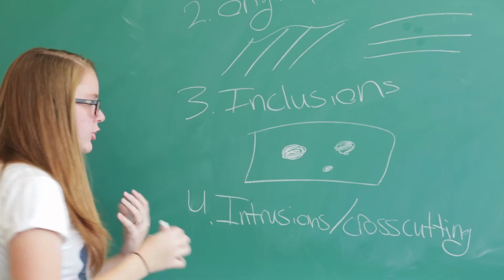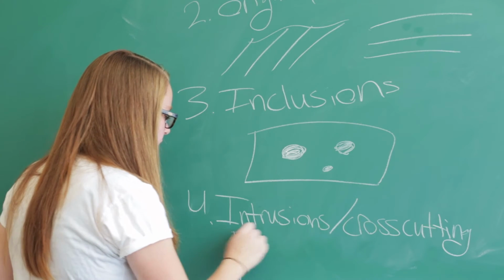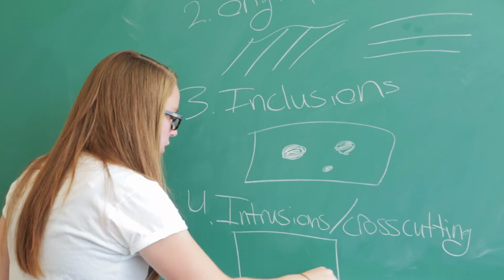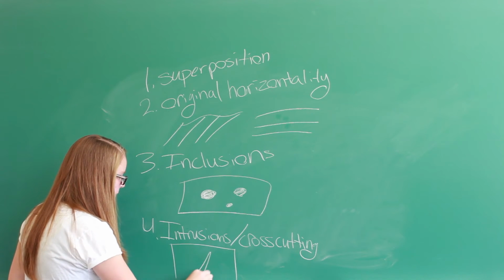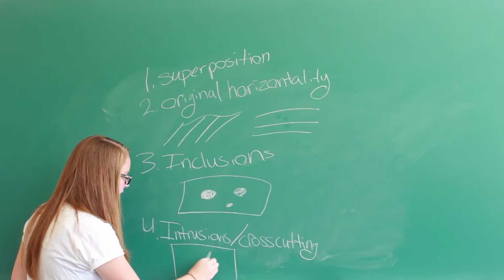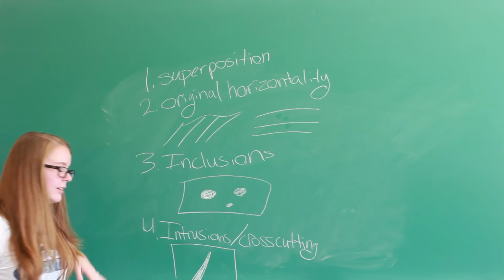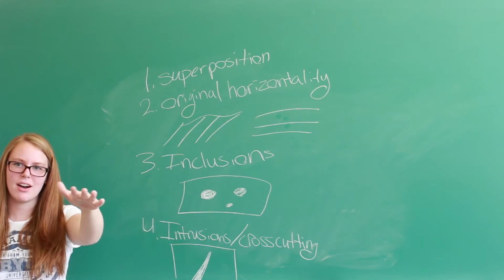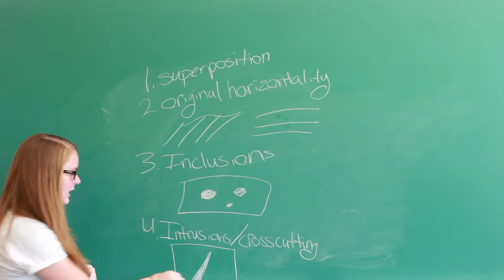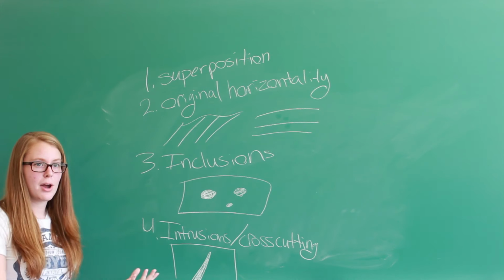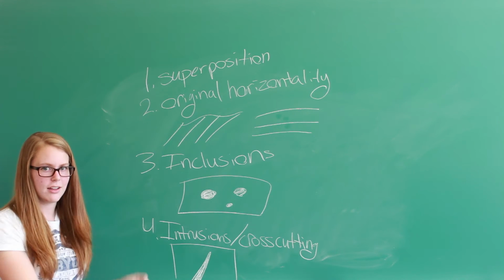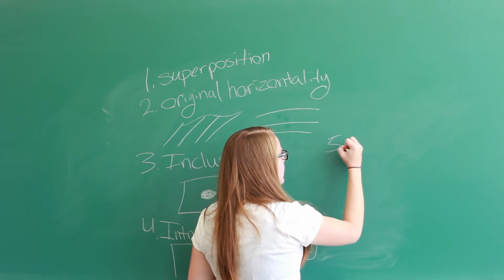cross-cutting. So intrusions or cross-cutting. What that is, is that you have your chunk of rock, but then all of a sudden you can have this little spike of rock coming through it. This is an intrusion, or again, cross-cutting. It's just cutting right across it. This here is younger than everything surrounding it. The other rock had to be there first before it can cut through it. Then lastly, we have